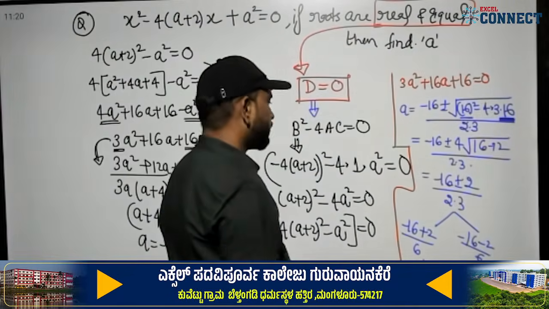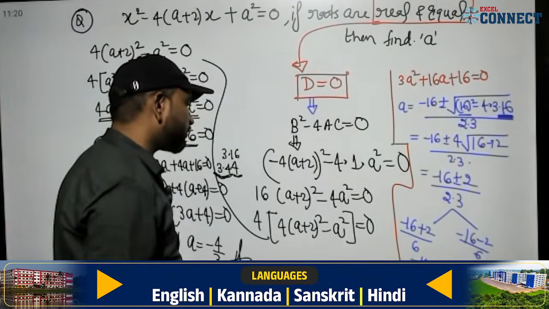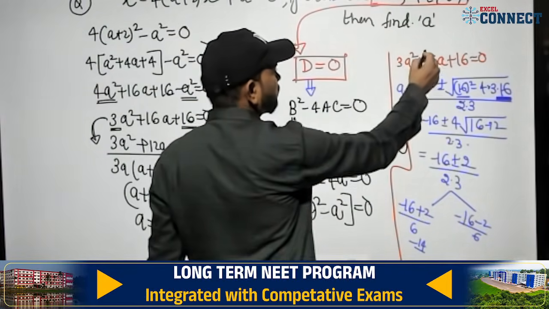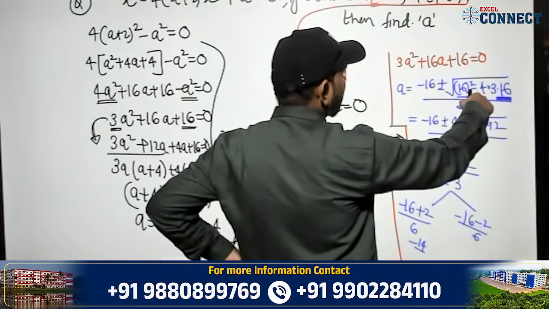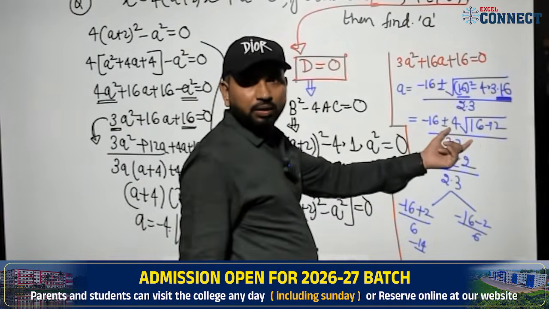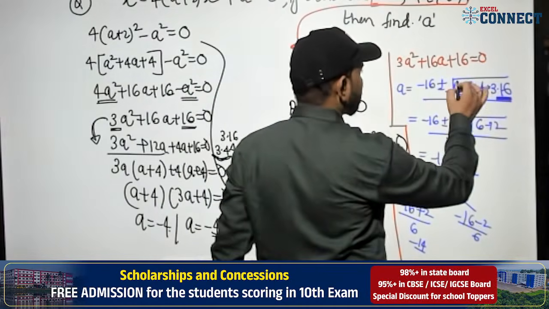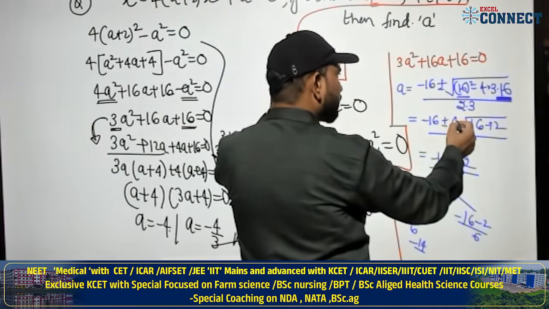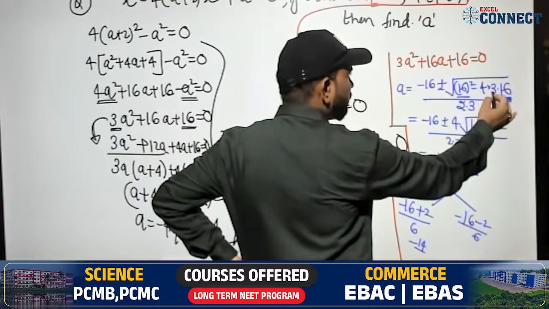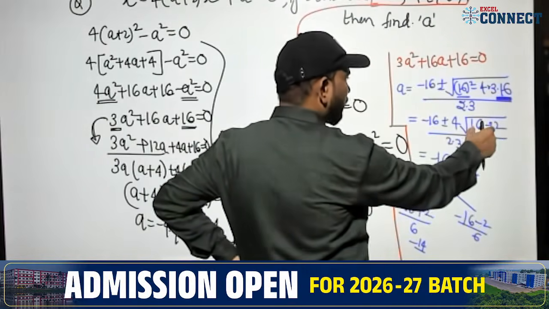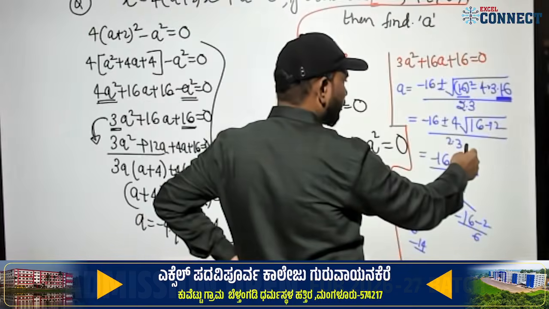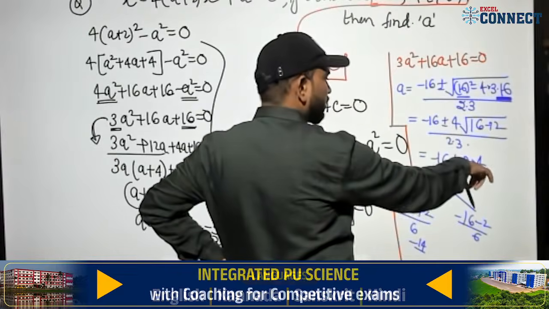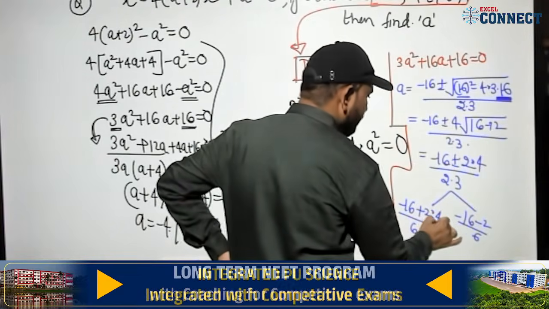So is there any mistake here? I will check, since 4 by 3 is coming. This is minus b plus minus under root of b square, 16 square minus 4 into 3 into 16. If there is any mistake, you can comment. Yes, I will check. 16 we can take common. Outside is 4, 2 into a, okay, no issue. 16 minus 12, 2 is there. I forgot the 4 here. This 4 is the mistake. Now this 4 is present.